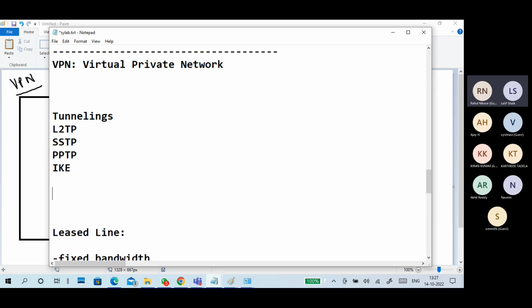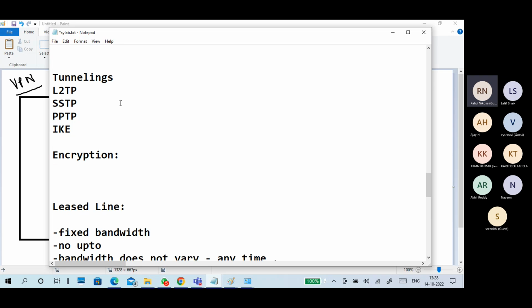And we can use encryption. When you are traveling over the internet, data compromise is possible, right? Using tunneling protocols, it does not allow anyone inside your communication line.